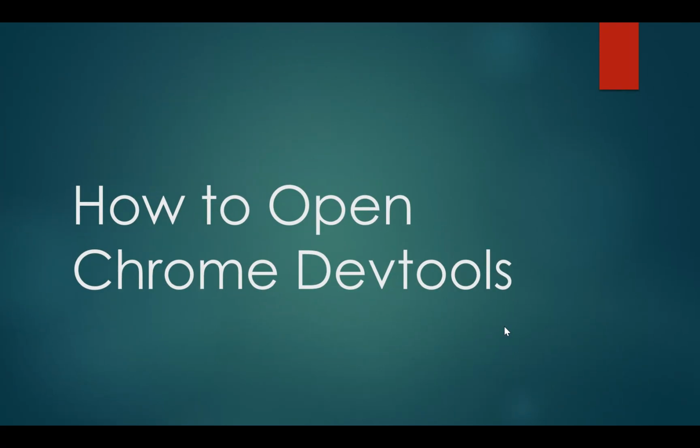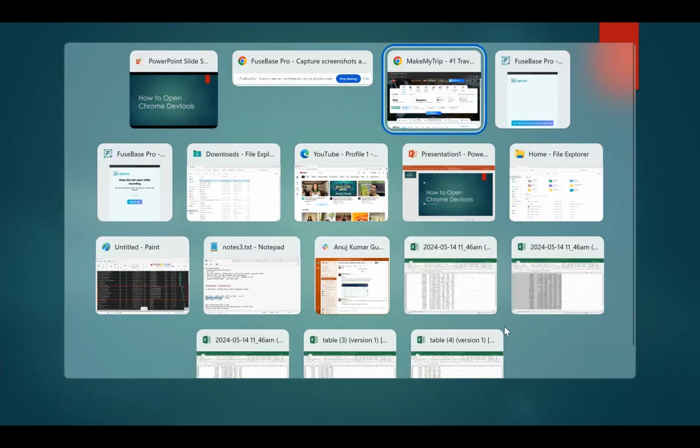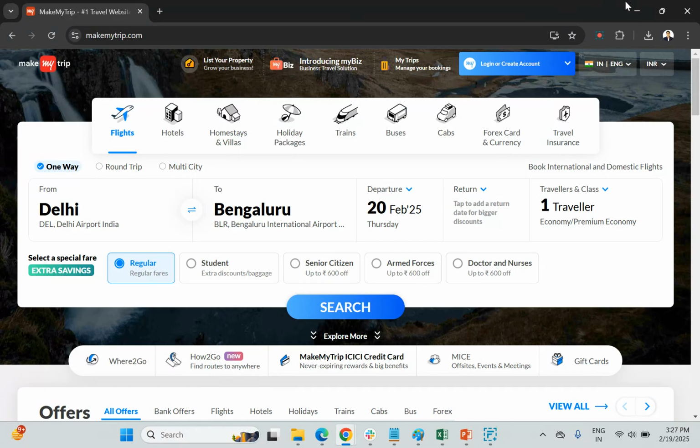Today I'm going to talk about how to open Chrome DevTools or developer tools. So there are two methods. You can open your DevTools for any website. So let's get started. Open your Chrome browser, and then open any website you want to check DevTools, and click